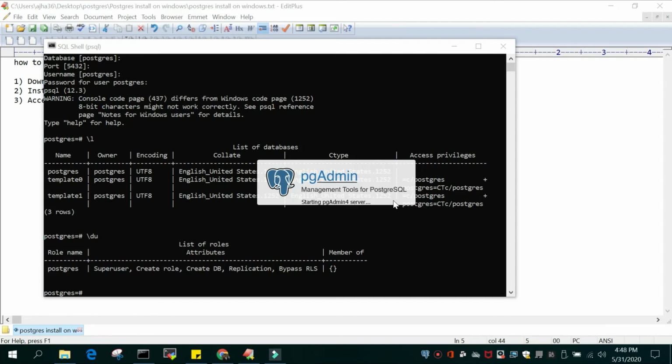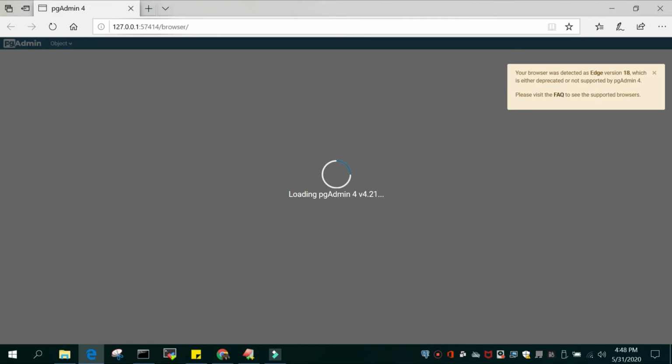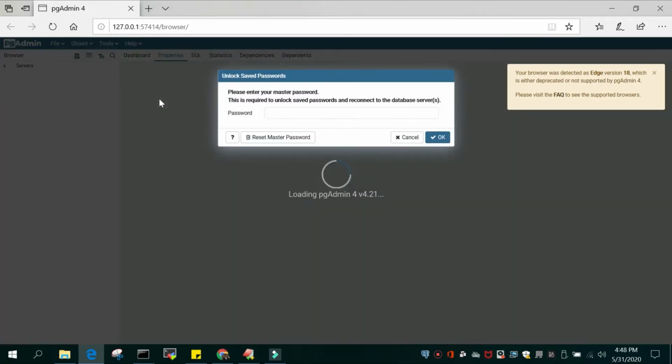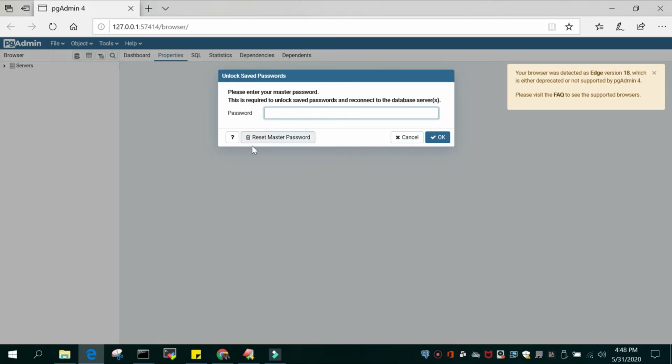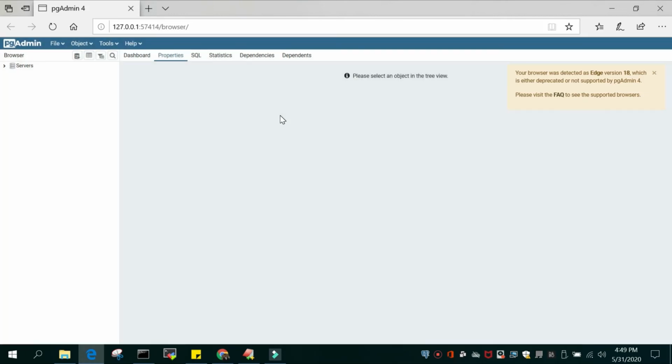This is the management tool for PostgreSQL, and now you can see on the screen it is saying starting pgAdmin 4 server. This should come up any moment. It is appearing in the browser, localhost:57414/browser, and let me reset the master password for pgAdmin 4. I've set the password